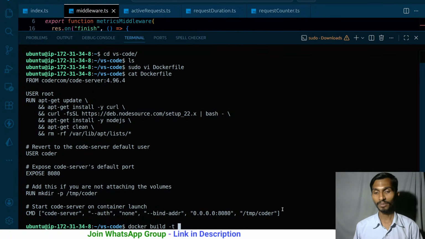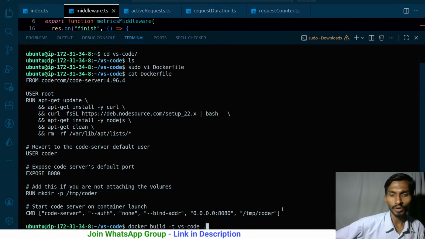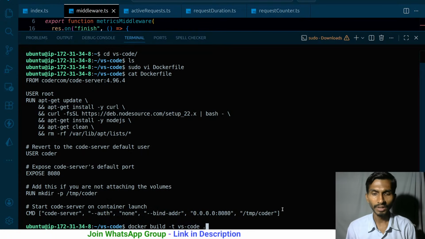I will have to give it some tag. What is gonna be the tag? Tag can be anything. So let me call it VS code. That's the one, and everything in the current directory. Simple. So docker build VS code. VS code is nothing but a tag, and whatever I have in the current directory, that I have the docker